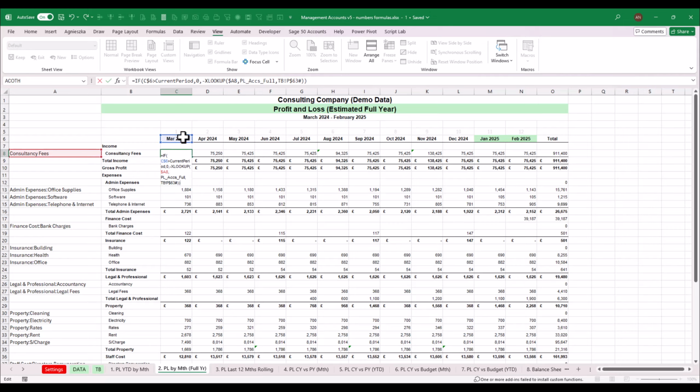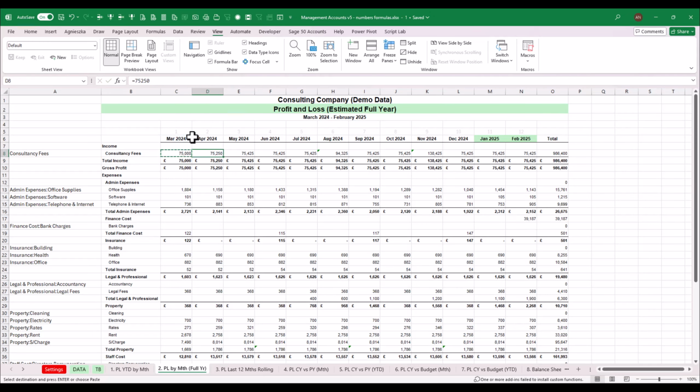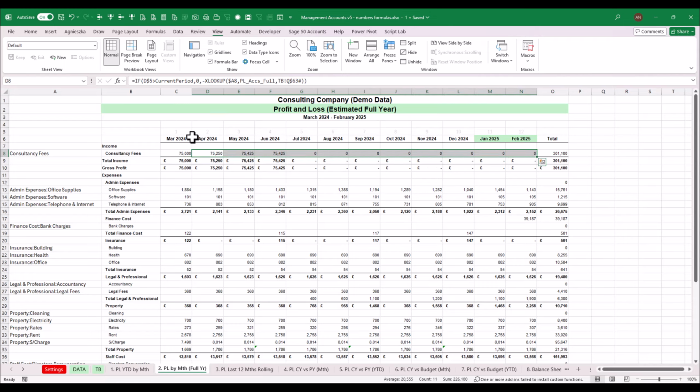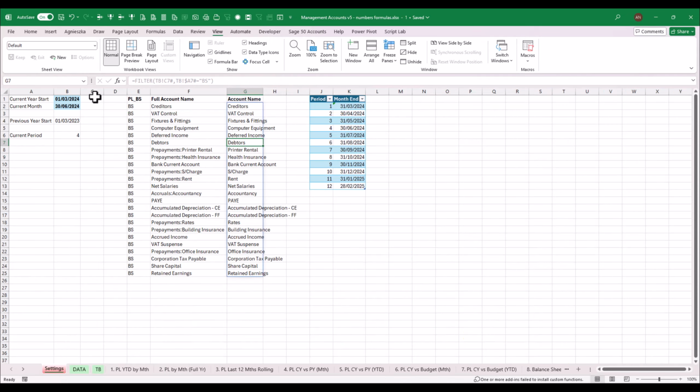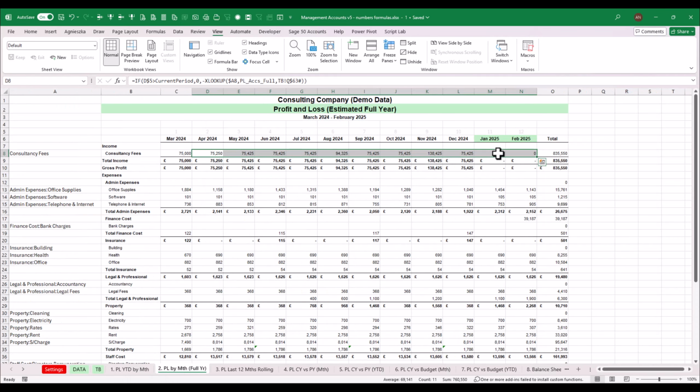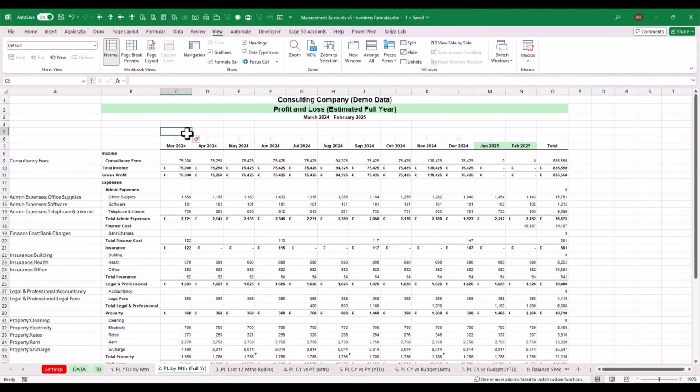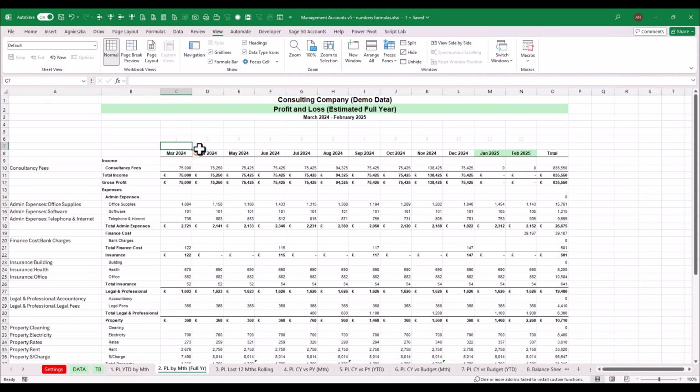So it's exactly the same formula because we're still looking at current year month by month. Except, okay, so I have to set it back to December. We are reporting for December. And except these two. Now, these two we don't want to be zeros. We want them to be budget because we want estimated full year, which is actually, I'm going to add something else here. So we've got the period and now, so this will be hidden, but something that I often see